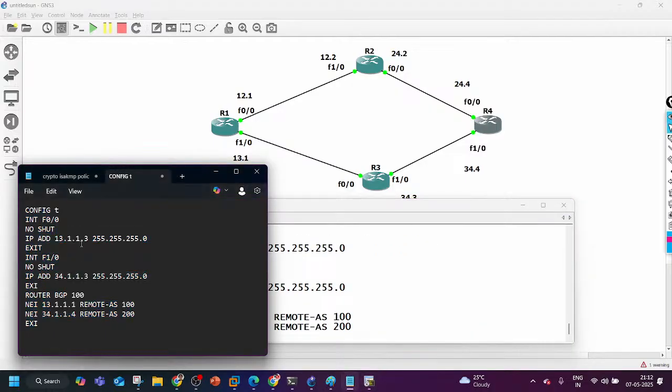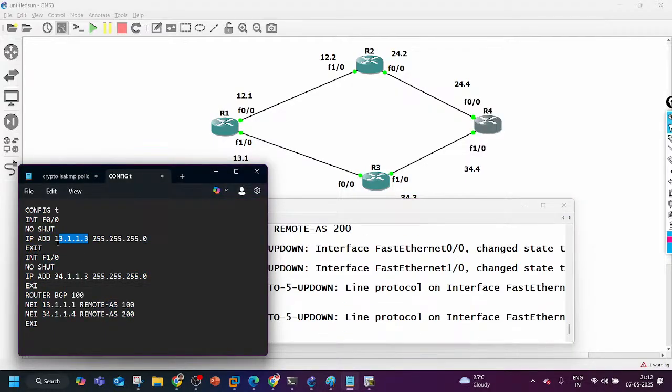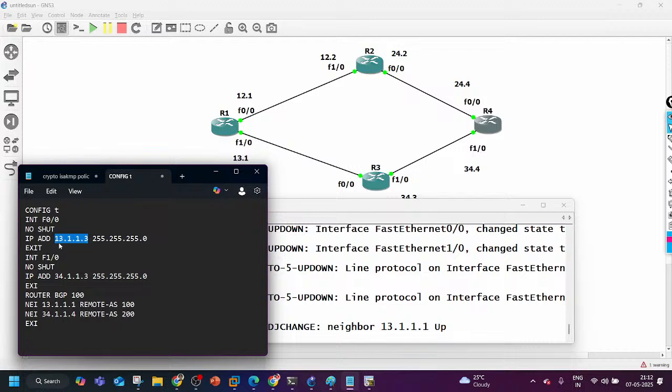Then on router number 4, the F0/0 IP address will be 24.1.1.4 and here the IP address will be 34.1.1.4. One neighbor will be 24.1.1.2 whose remote AS is 100, and another neighbor is 34.1.1.3 whose remote AS is also 100, and here the BGP AS number is 200. Let me copy the command, and one more thing here, I need one loopback interface, loopback 1,